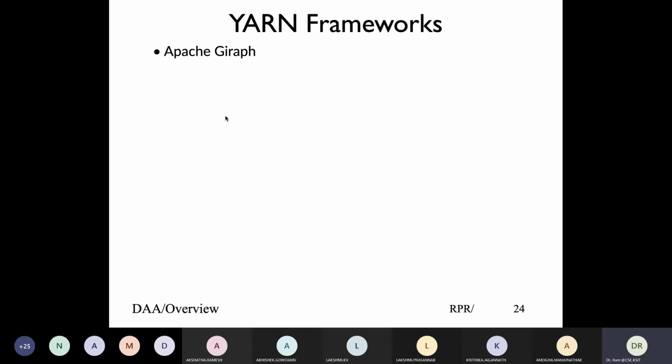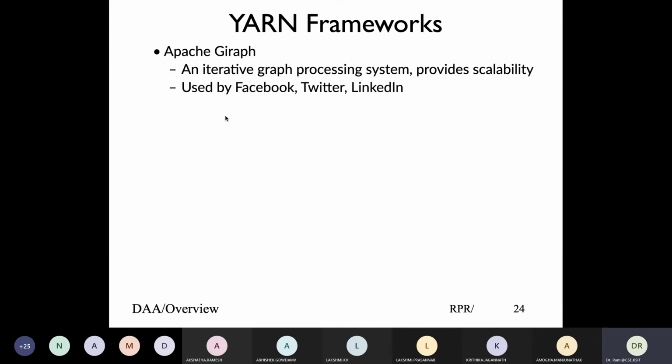The next framework is Giraph, which is basically for applications that involve graph processing. If we look at social media platforms, Facebook, Twitter, LinkedIn, each user is connected to other users. On LinkedIn, you are connected to other networks. On Twitter, either you follow somebody or you are followed by somebody.